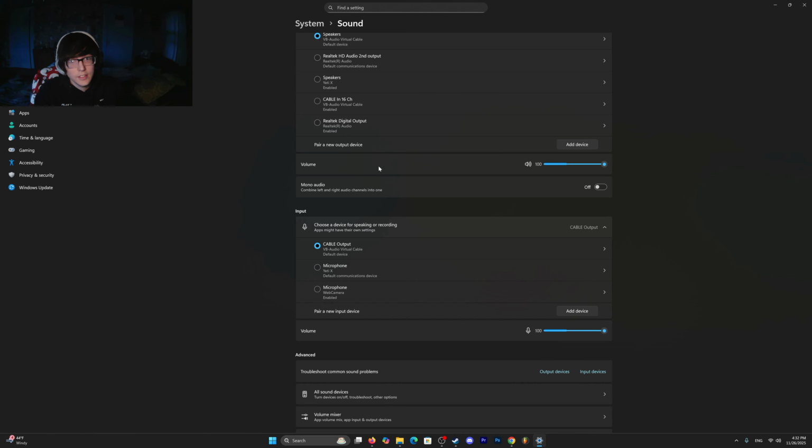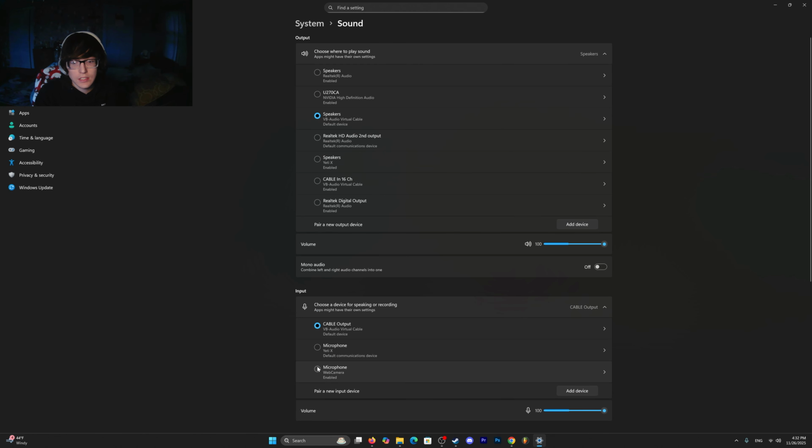The trade-off is you won't be able to use your mic, but you can still hear what's in the game and mess with people. But not every game allows you to do that. A lot of them will just use these default settings, which is why it's important you keep these the way they are, or otherwise this won't work, period. So ideally, a game that allows you to change the input and output is great, but not every game does that.